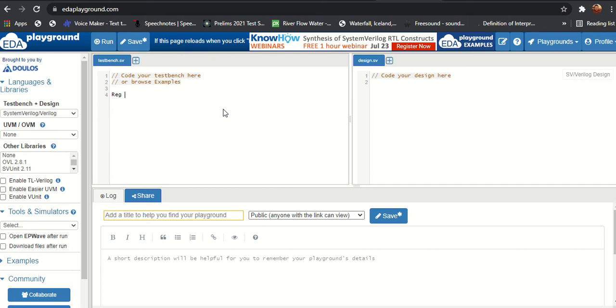Reg is basically, and I want to use an analogy here, kind of a register in our digital circuits. It is a kind of flip-flop, because that reg variable stores a value. And there is another data type in Verilog called wire. This data type is like our physical wire. As long as you put something on it, it will hold it.